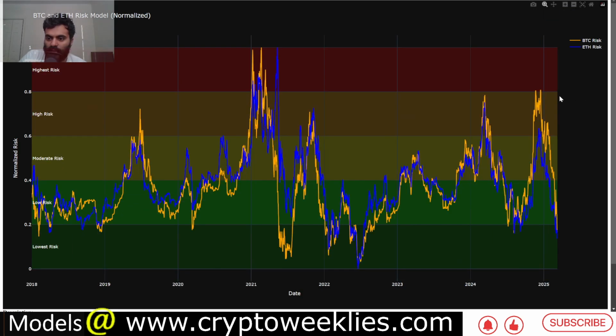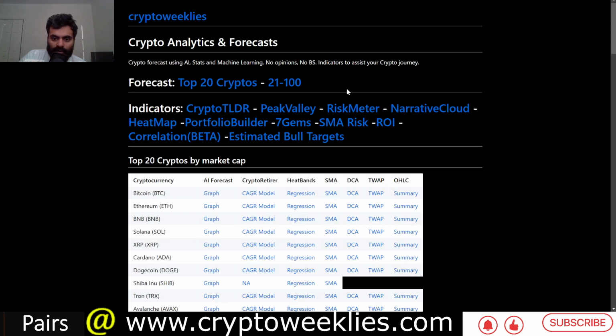You can also see that even in the rallying stages, the risk associated with Bitcoin was higher than with respect to ETH. That is because Bitcoin did rally a lot more this bull run than Ether, especially over its 20-week moving average. Another way to look at the overall market is under this peak valley